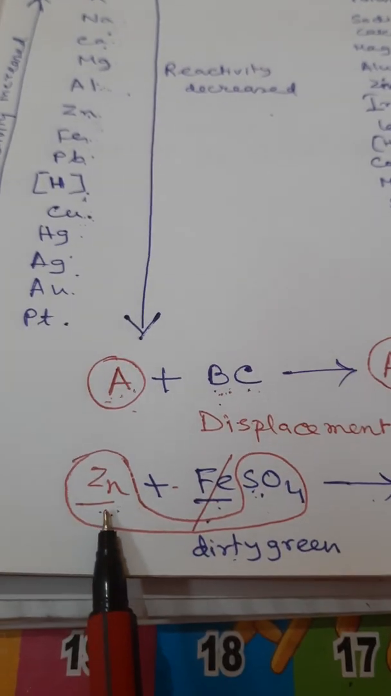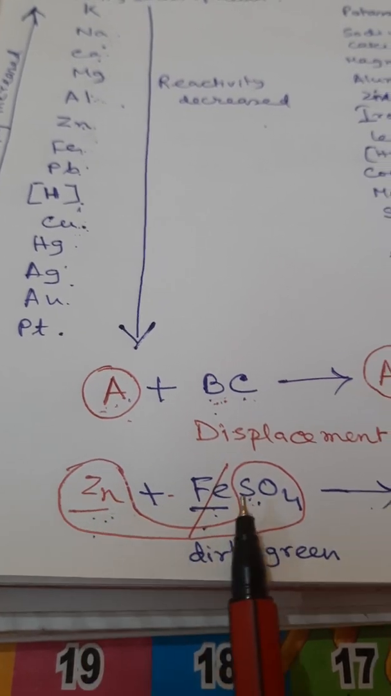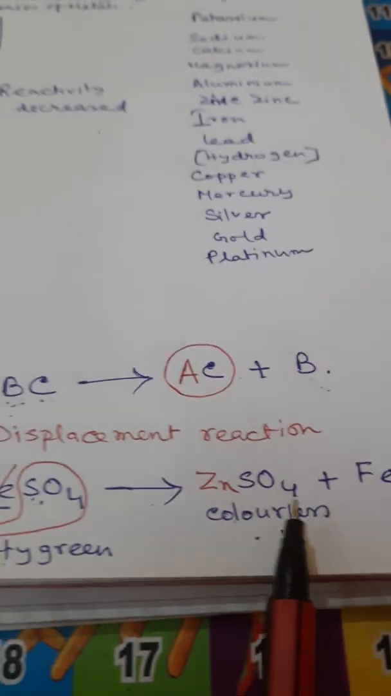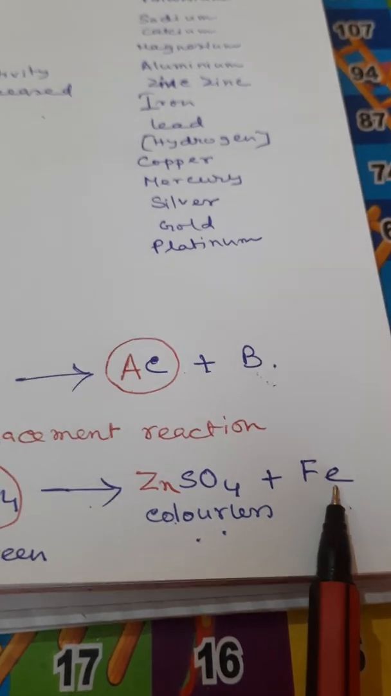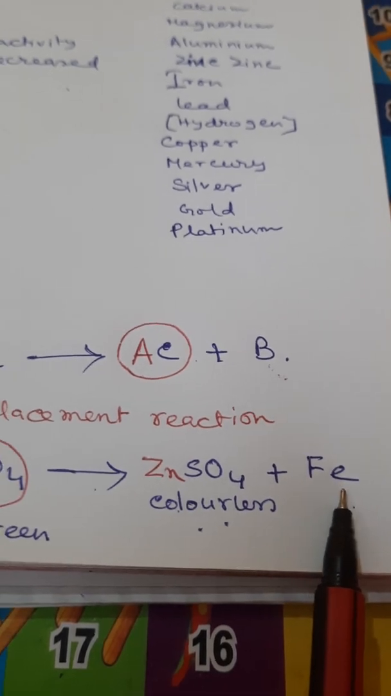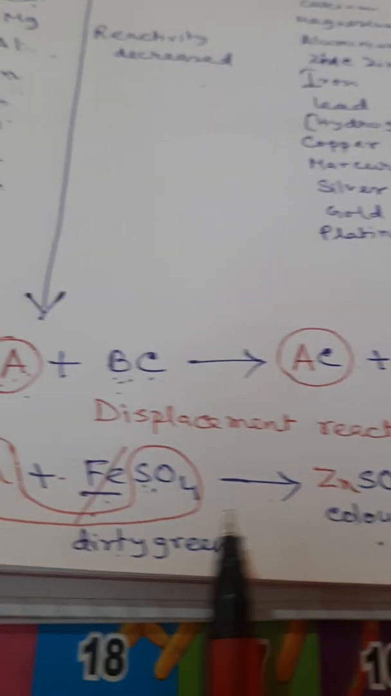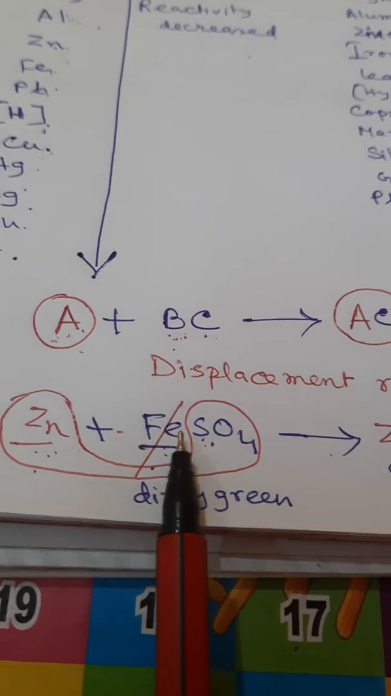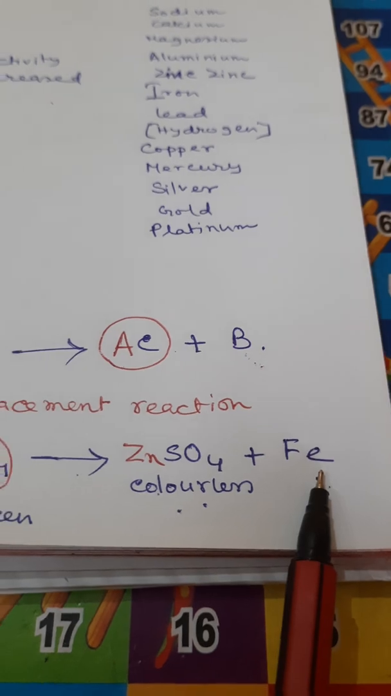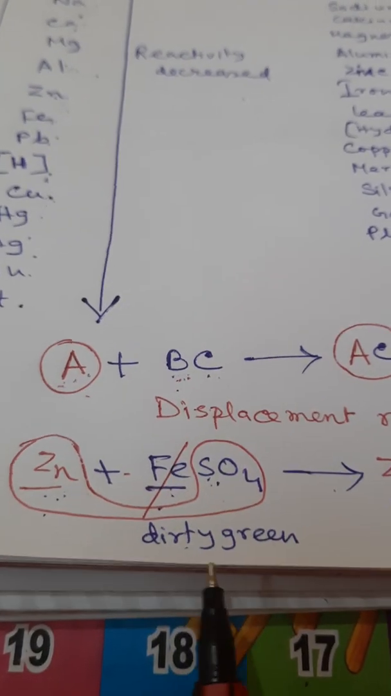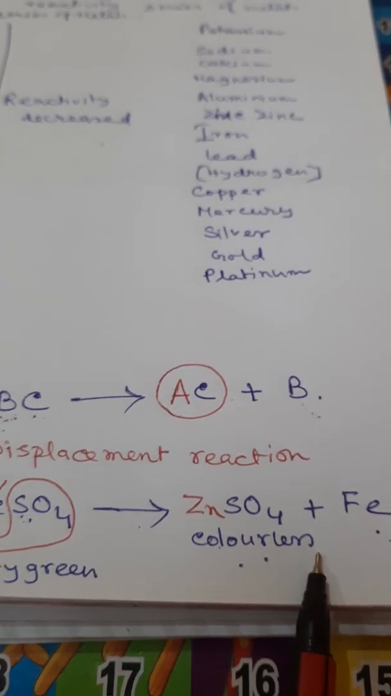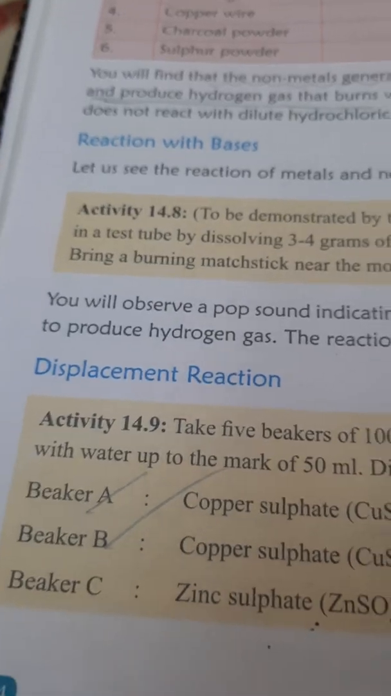So zinc being more reactive, it can displace iron from its salt solution and it forms zinc sulfate, and iron is left in this solution. Look, zinc being highly reactive, it displaces iron and forms zinc sulfate, and iron is left in this solution. The color of ferrous sulfate is dirty green, so the color of the solution also changes from dirty green to colorless. In your book,